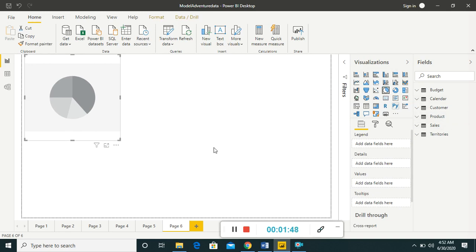So now I want to move some fields to the values and legend sections.